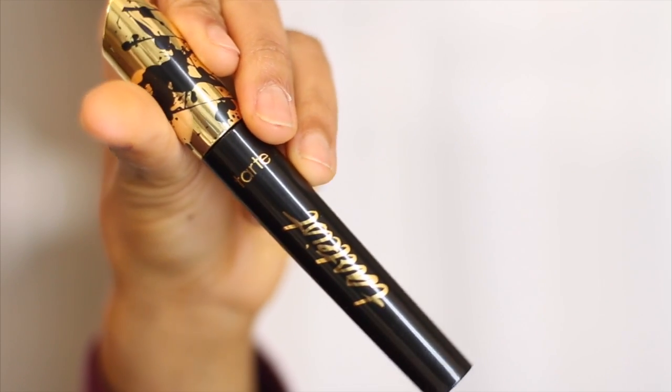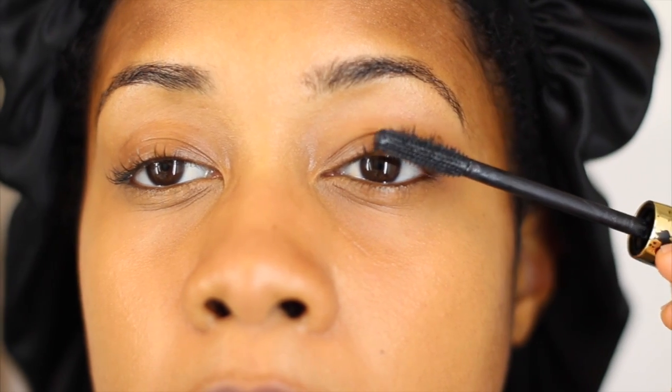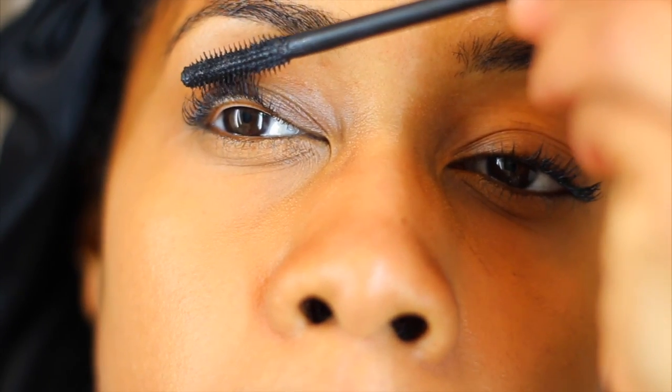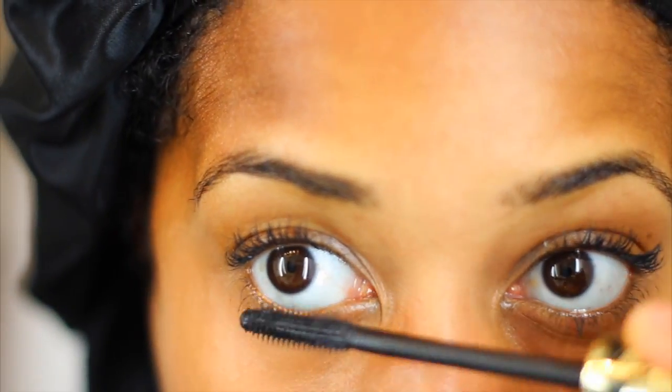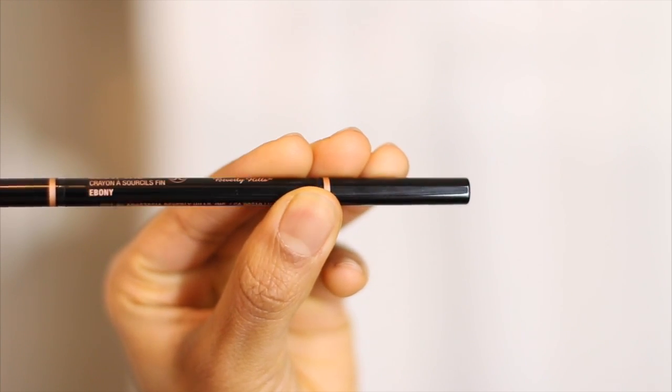So I'm going to be using Tarteist Super Black Mascara, and I love the brush on this mascara. Just really extends my lashes really nicely, and it's easy to comb through them. So I apply it to my top lash and my bottom lash,